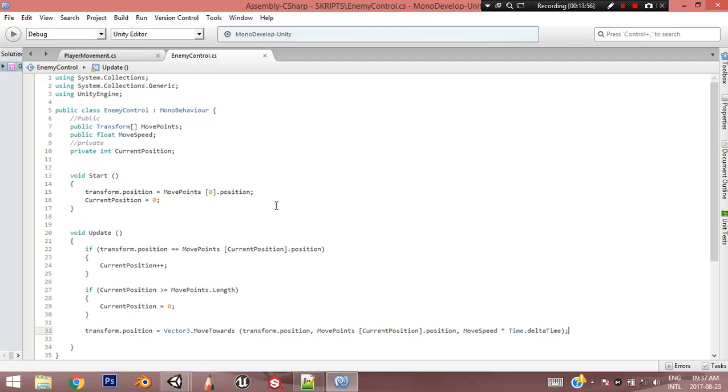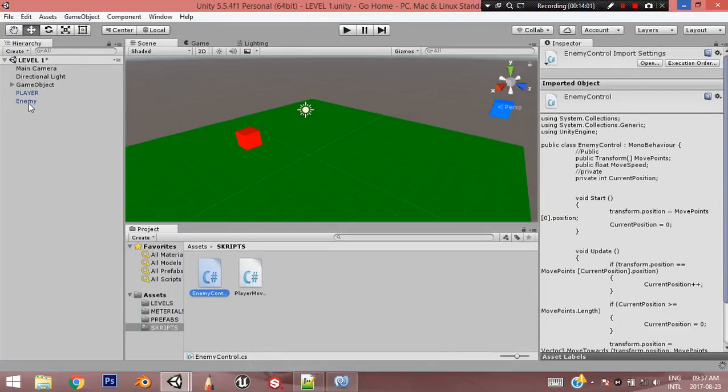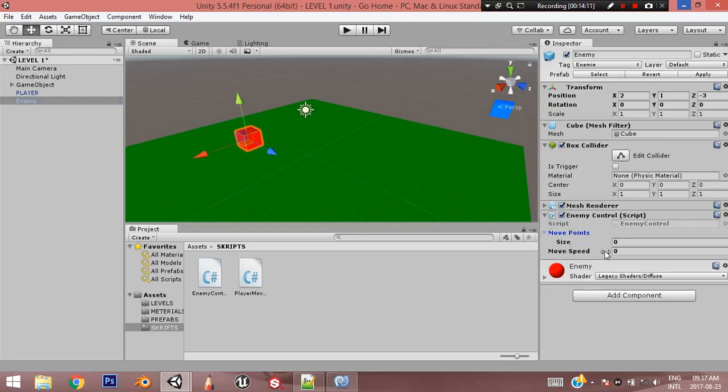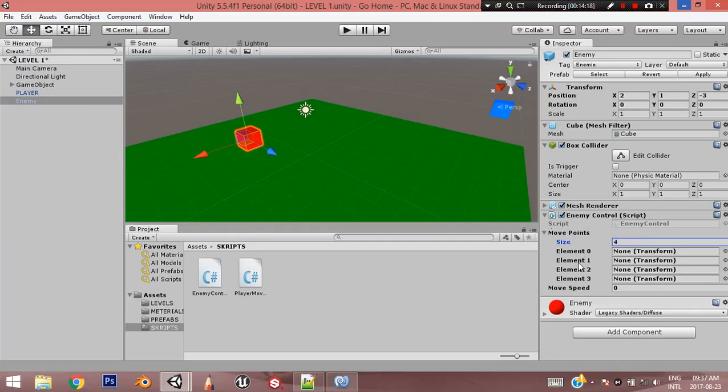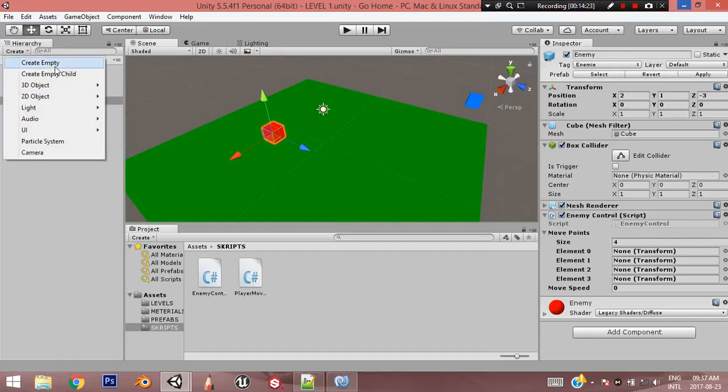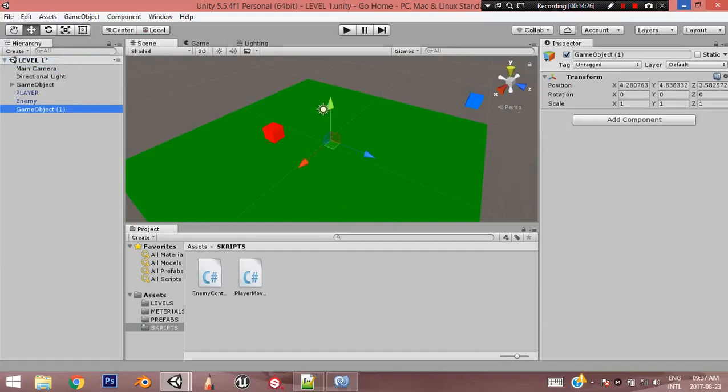So that is all done. Save the script, then go back to your enemy, and as you can see we have move positions and move speed. So let's add a few move positions. We're going to add 4 positions, and it made 4 slots. Then we're going to bring in a new empty game object, reset its position,